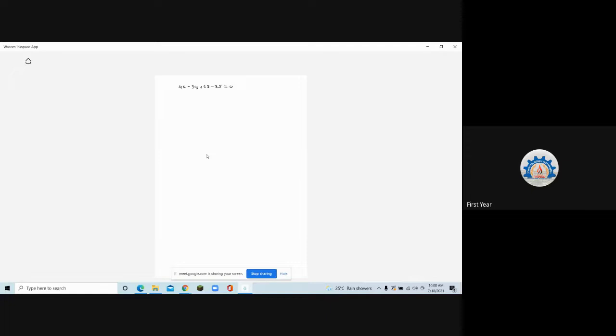This is your plane, which we have to prove is tangential to the sphere. What is the sphere that I am given? x square plus y square plus z square minus y minus 2z minus 14 is equal to 0. So what do I have to do? I have to prove that the plane which is given to you is tangential to the sphere. So I have to prove that the radius of the sphere is equal to the length of the perpendicular.